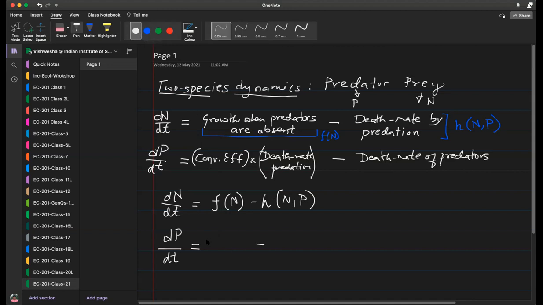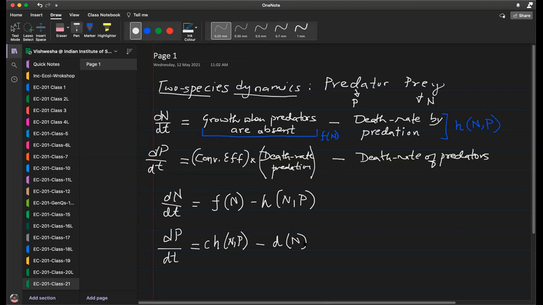Since we haven't used alpha, why not alpha? Or we can use C for conversion, C is also fine. So harvesting H will keep the H0 like the previous one. So this I will call C then. There was some reason why I thought C was a bad idea, but it's not. And then this becomes D, death, right? So this becomes a death rate, some function D of n. Is that fine?